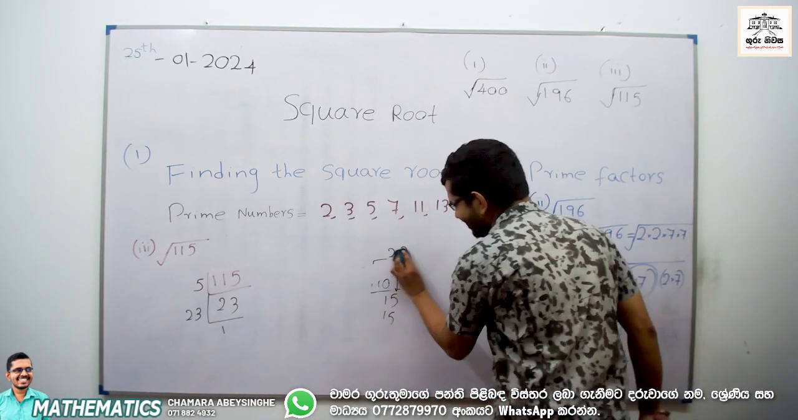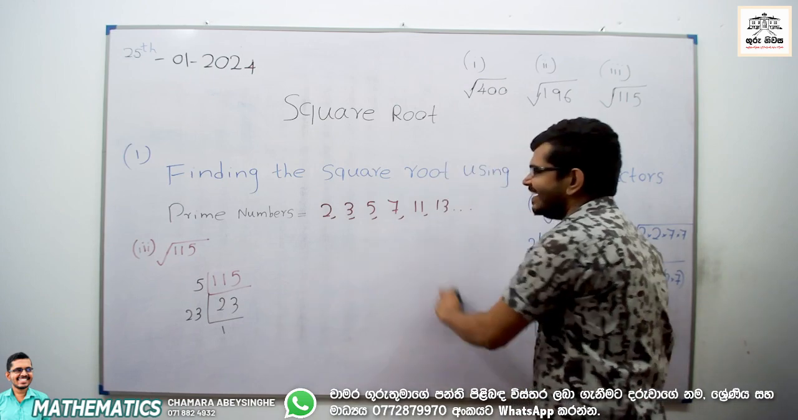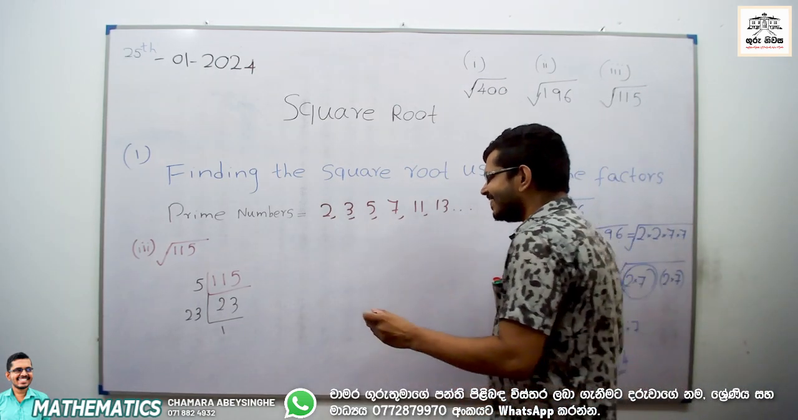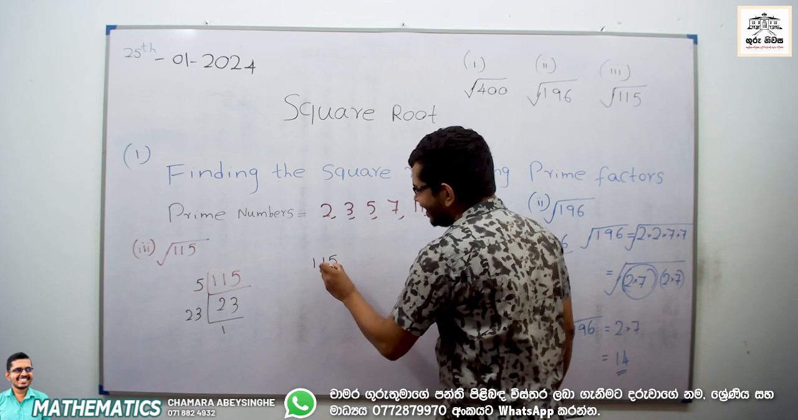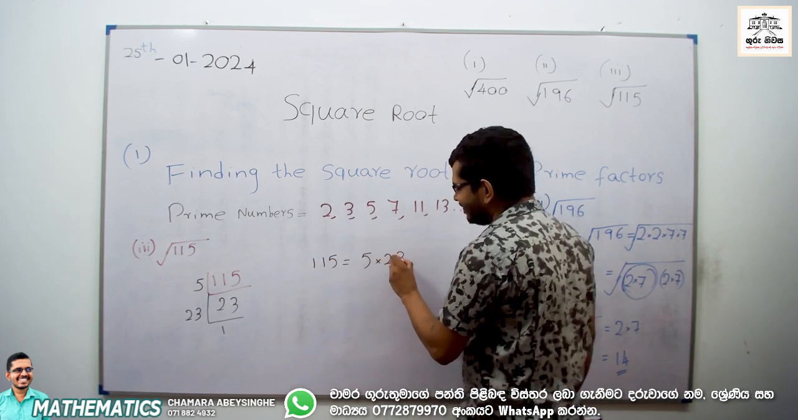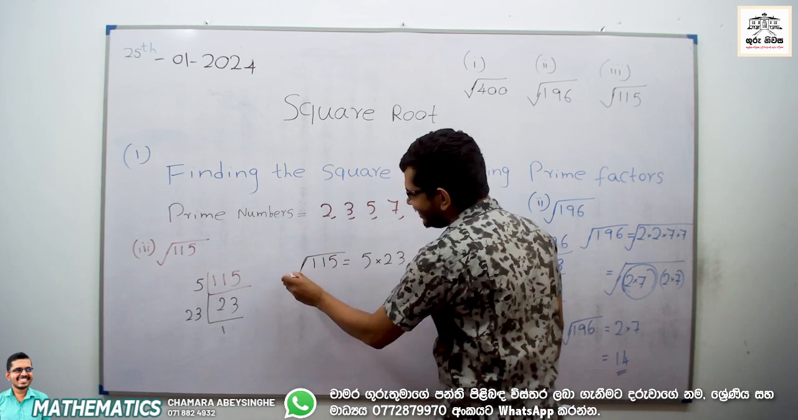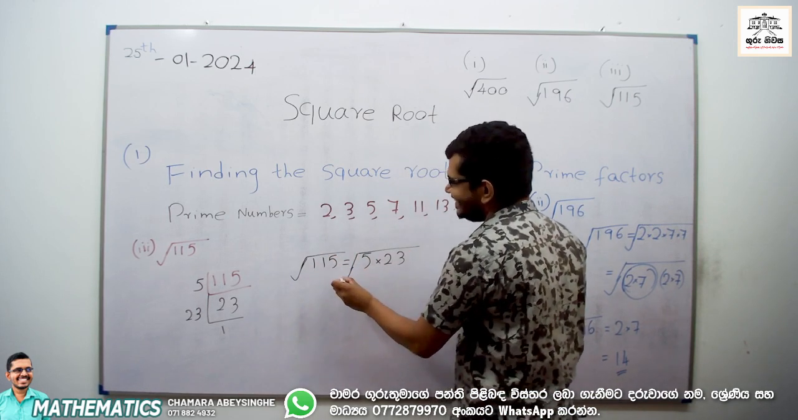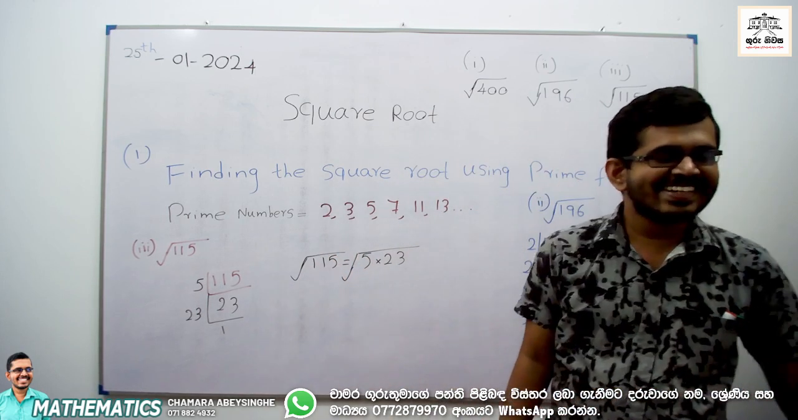Now that's enough. Now we can write it as a product of the prime numbers. 115 we can write as 5 times 23 and put the square root mark on both sides. Then what happens? We can't divide